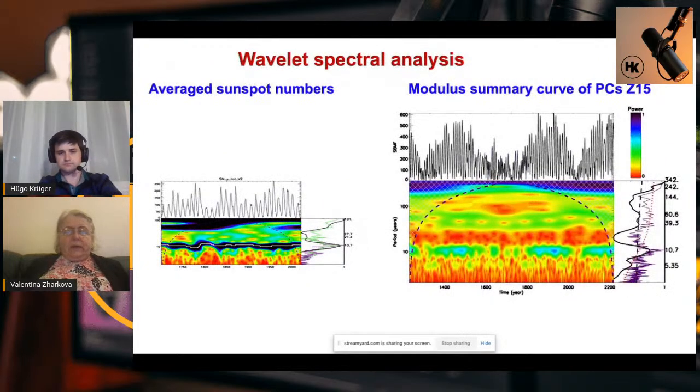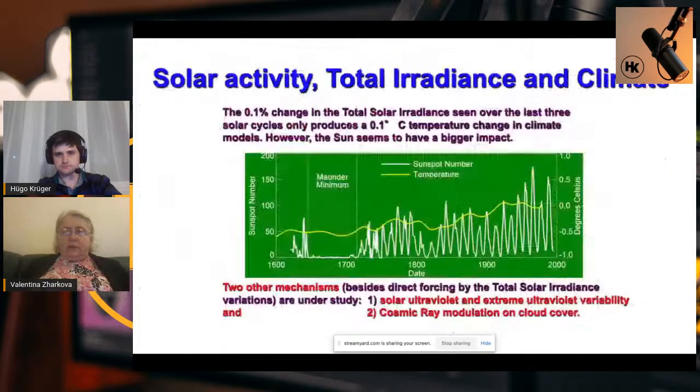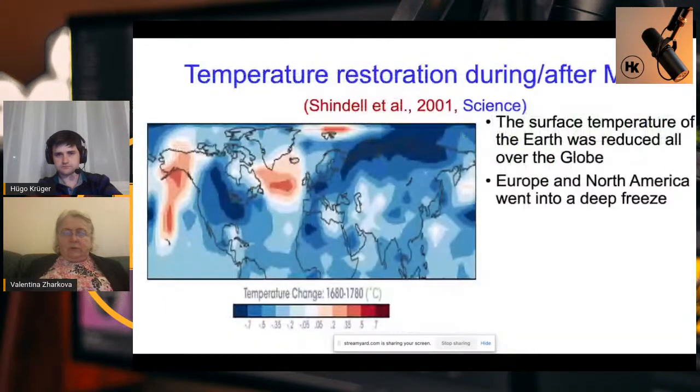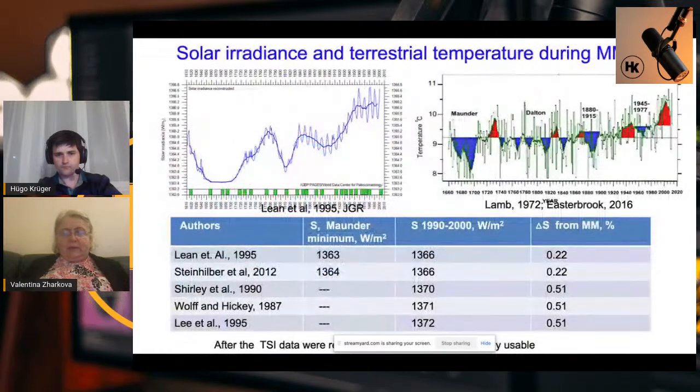We'll come back, but we compared average sunspot number with the modulus summary curve, and we found that they have the same period, 10.7 years, which is the normal period of the solar cycle in the past 300 years. So these are the correlations. I can bring you more. What we expect, if you have a Grand Solar Minimum,